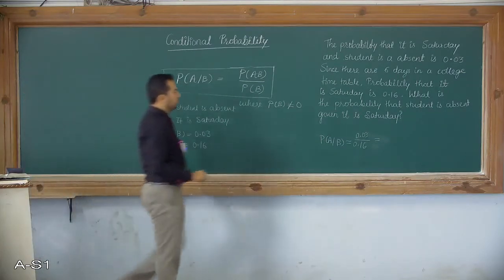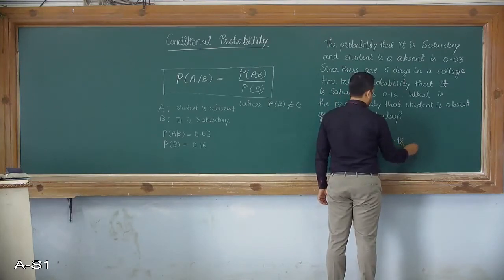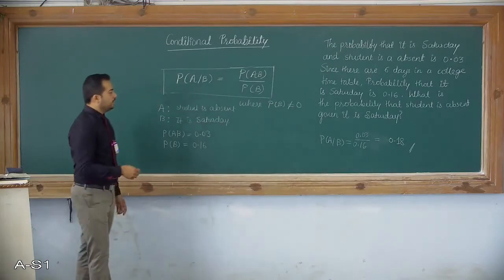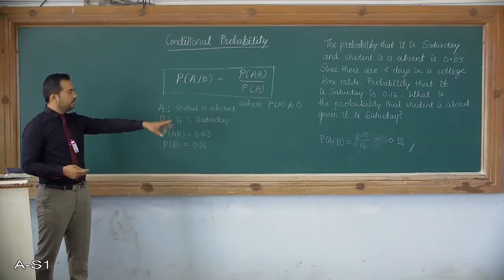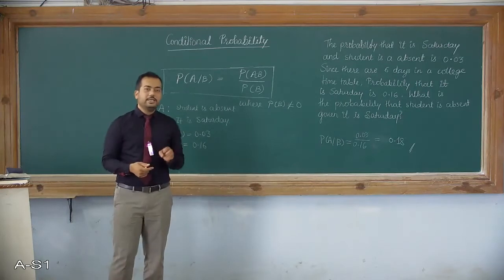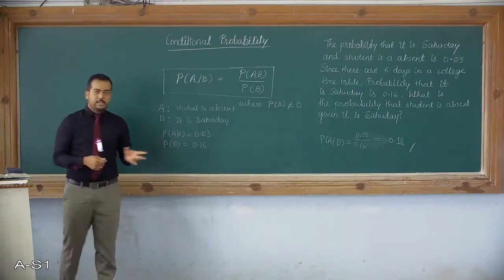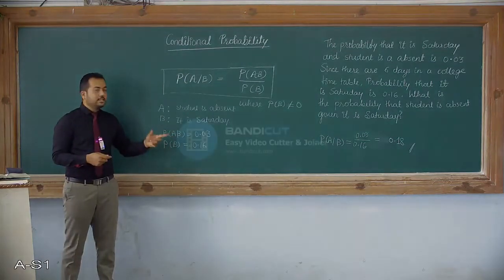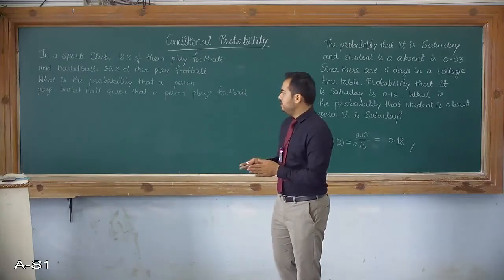That gives me 0.18. So 0.18 is the probability we have calculated, the probability of the student being absent when it is given that the day is Saturday. Okay, hope you have understood this example. Then we'll solve similar examples. So students, this is another example.